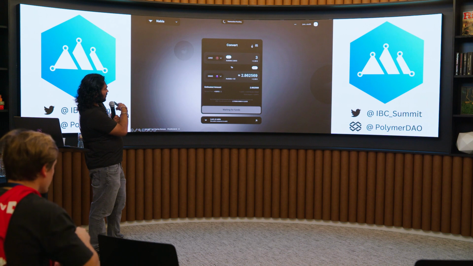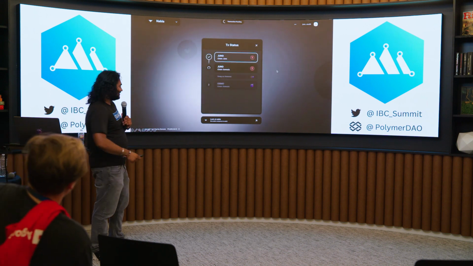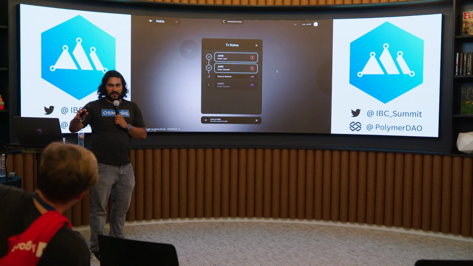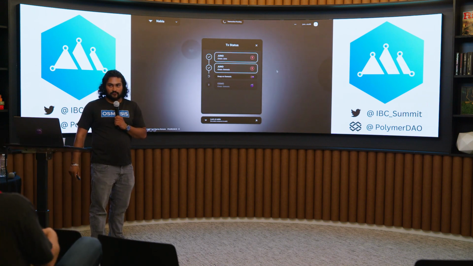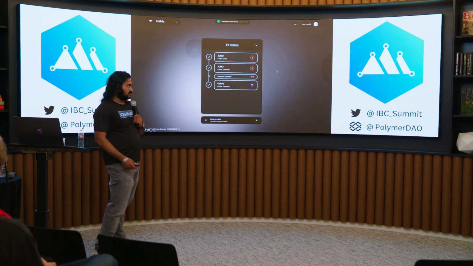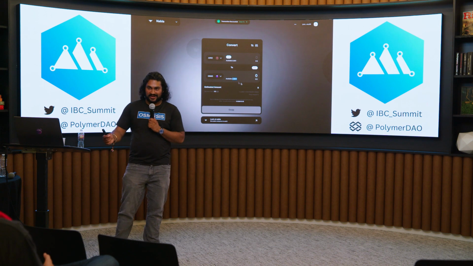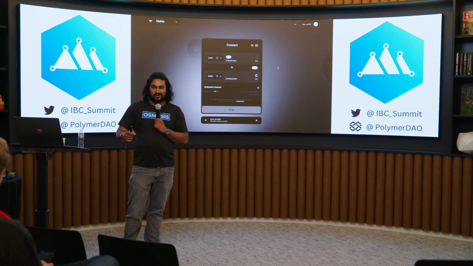And you can go up to the top right. You can see where it is in the process. I did speed it up 3x just to make it faster. But it takes roughly about 15 to 20 seconds right now for a swap to happen, because it's basically making transactions on multiple chains at the same time. But yeah, now I have Osmo on the Juno chain without ever making a transaction on the Osmosis chain